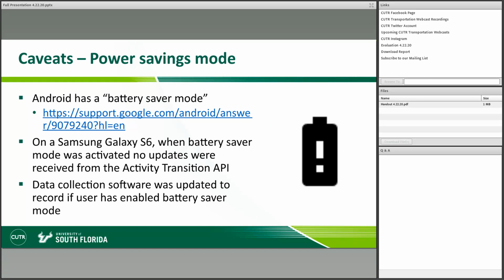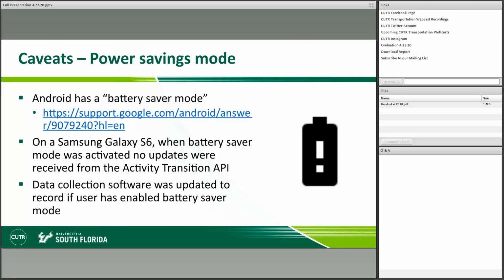Some of the caveats to think about here is that we noticed in one particular circumstance on an older device, a Samsung Galaxy S6, or across all Android devices, there's something called battery saver mode. This is something the user can enable if they want to save their battery, reduce the impact of all device functionality on their battery over a period of time.